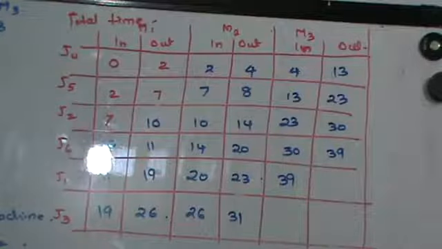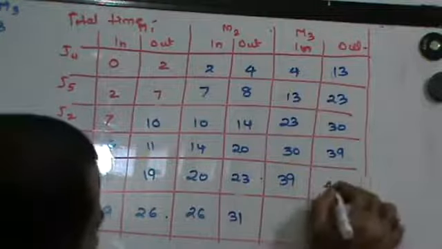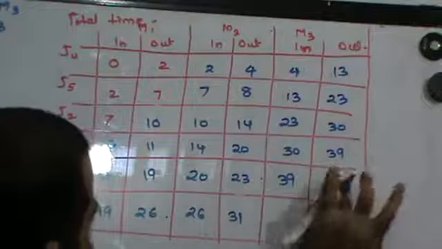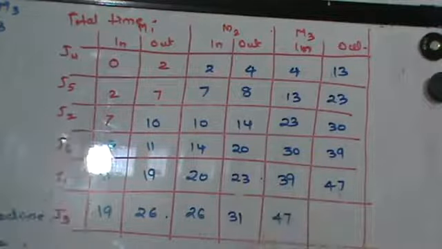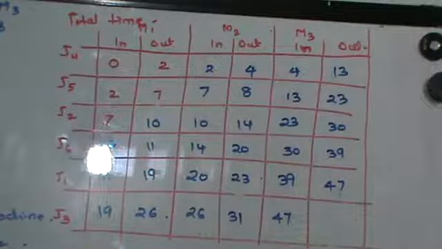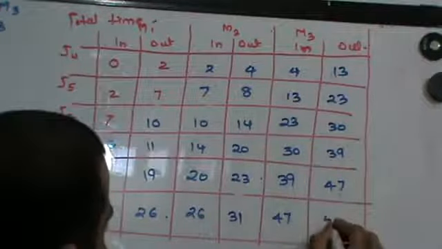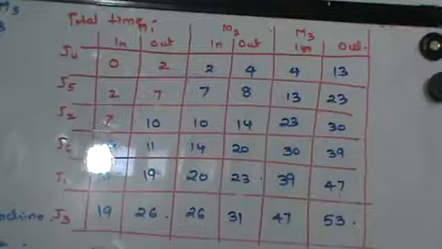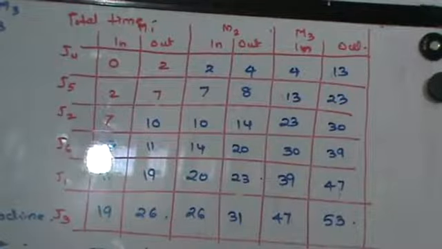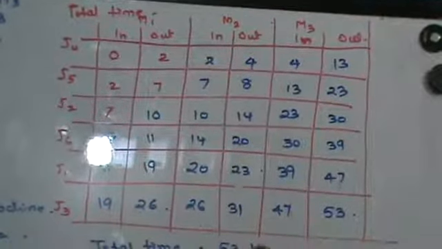J1 takes 8 hours, so this is going to be 47. Right, so 47 comes down here as it is, and J3 takes 6 hours, so that is 53. So total time required to complete the job on 3 machines is 53 hours, right? Idle time